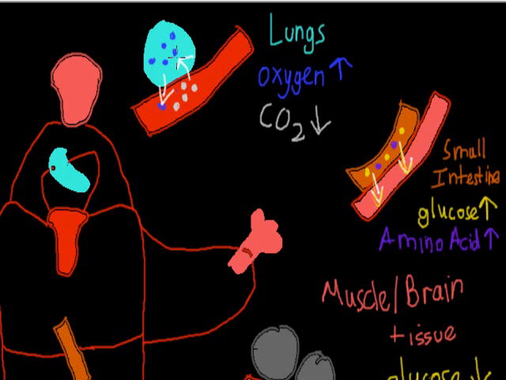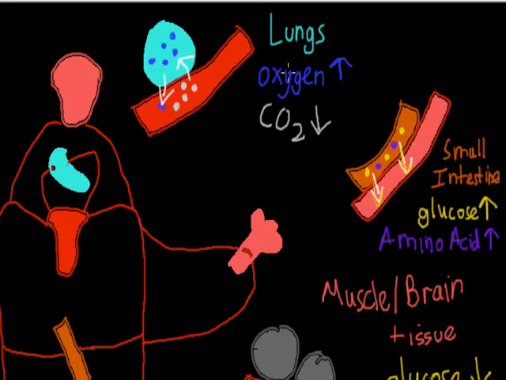Next will be the lungs. At the lungs we have oxygen going up in our blood and CO2 going down. The reason is you have these blue sacs. Remember, those were the alveoli. At the alveoli you have oxygen diffusing over. So we have been breathing in oxygen, and that diffuses over into the bloodstream,